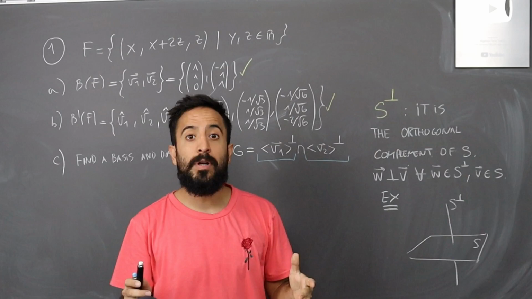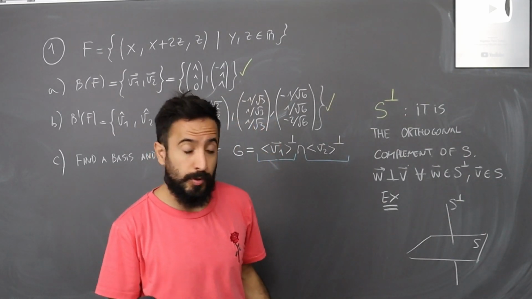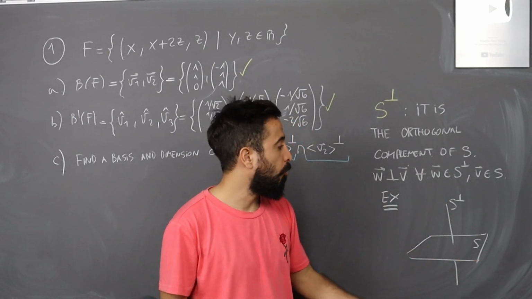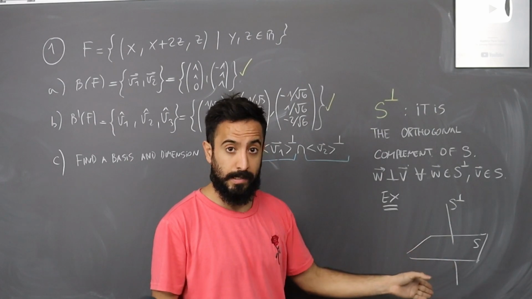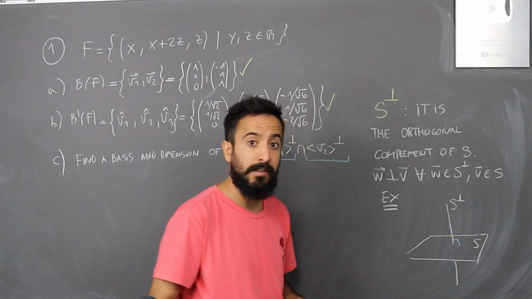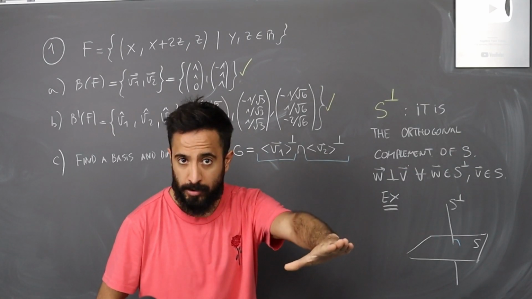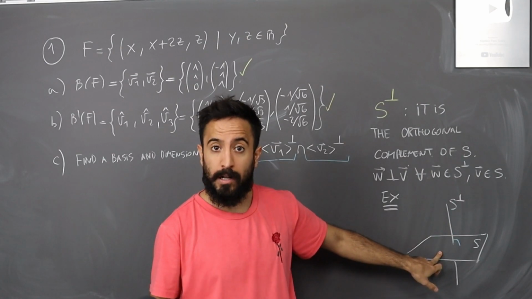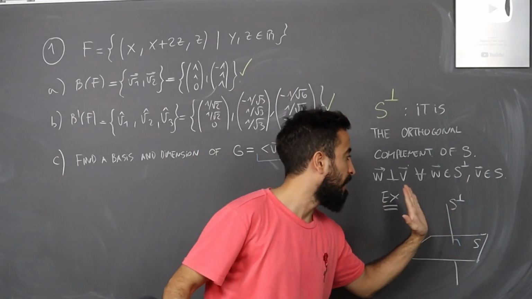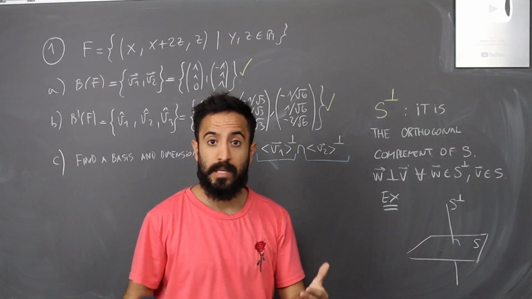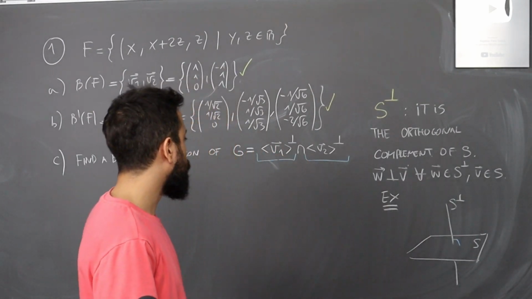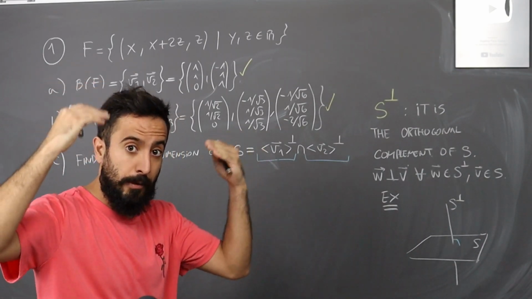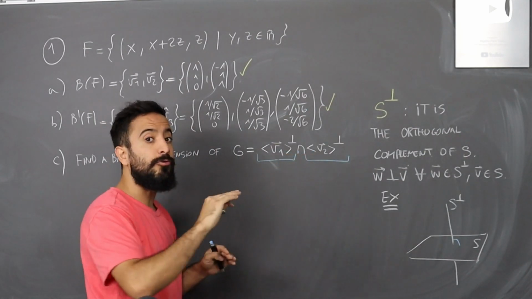For example, if we are in R3 and S has dimension 2, S is in fact a plane, right? And the orthogonal complement will be a line perpendicular to that plane, which means that here we have 90 degrees. So if we take whatever vector we want from S, it will be orthogonal to whatever vector we want from the orthogonal complement. That's what that means, okay? So, having that concept really clear in our heads, we can actually realize that this is really easy.